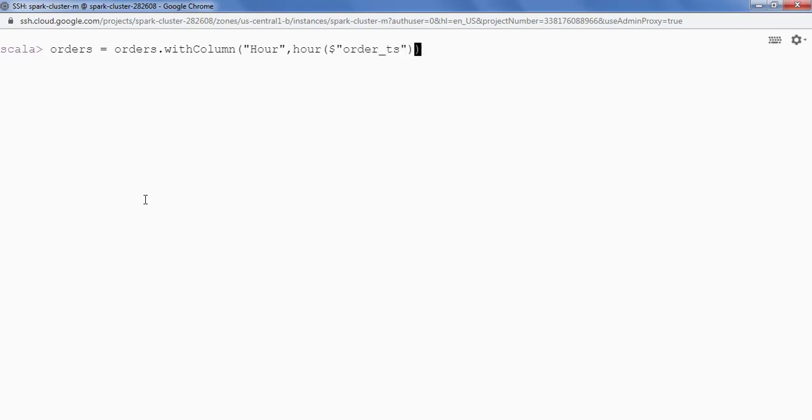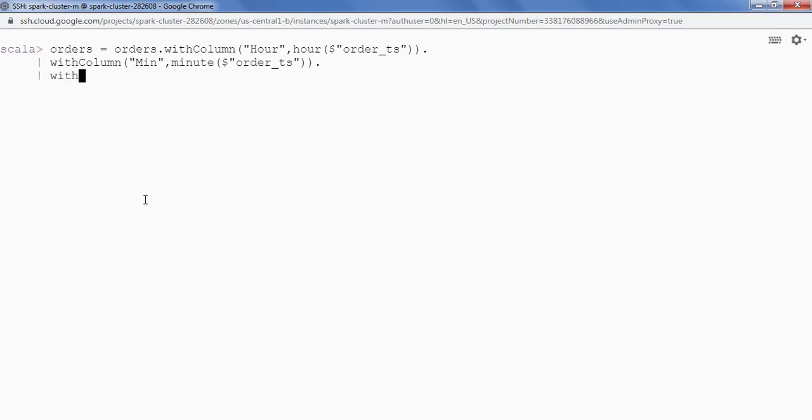Okay, and then I'll be adding a new column, let's say minutes. Okay, and the value will be, we'll be using the function minute, and we will be passing the column order_ts.